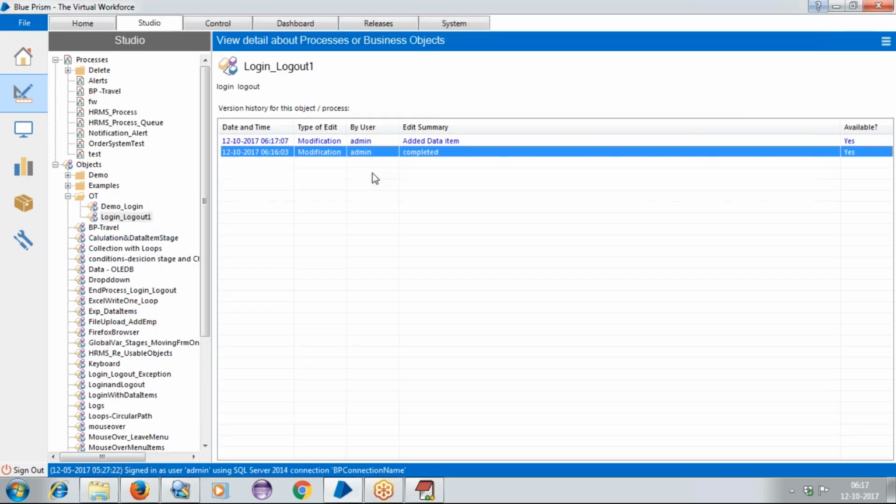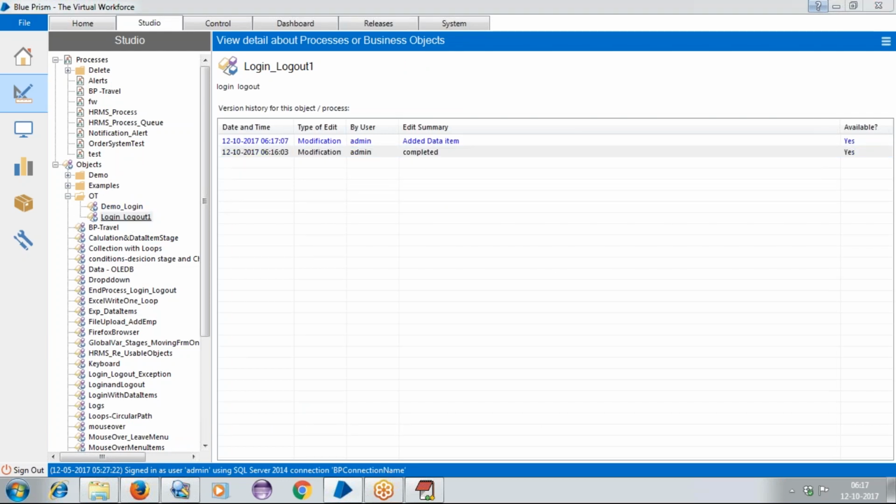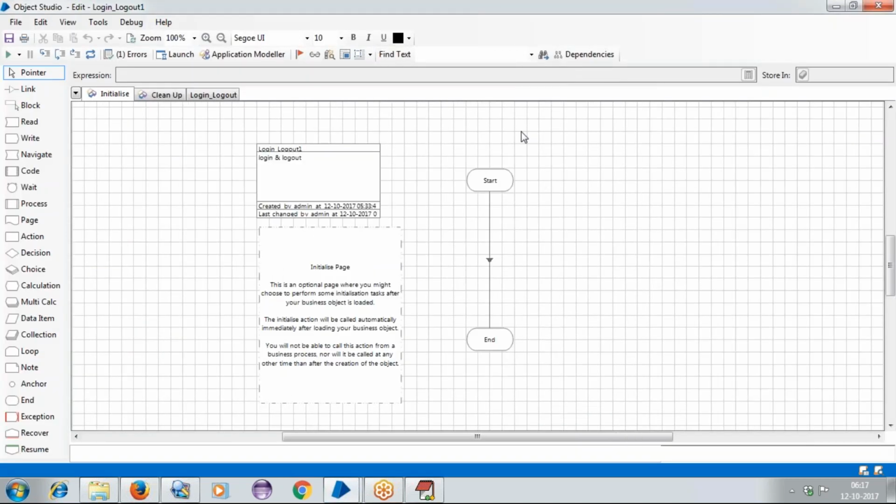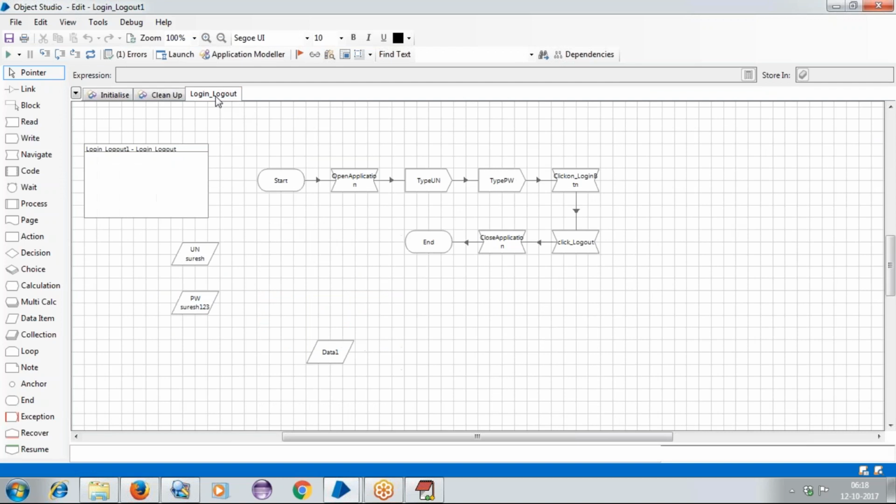Apart from that, to cross check whether our steps are correct or not, Blue Prism will automatically be generating log items also, which I'll be coming to in the next step. So going forward, we will be seeing how exactly that log is getting generated here. Okay. So for now, this is the one part you need to understand.